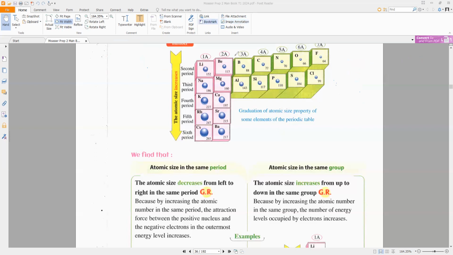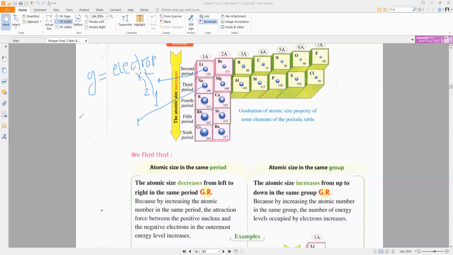In the same group, we know that the group number comes from the number of electrons in the outermost level. So the number of outermost electrons in the same group is the same. Lithium also has 2 energy levels, K and L, and has 1 electron in the outermost level. Sodium has